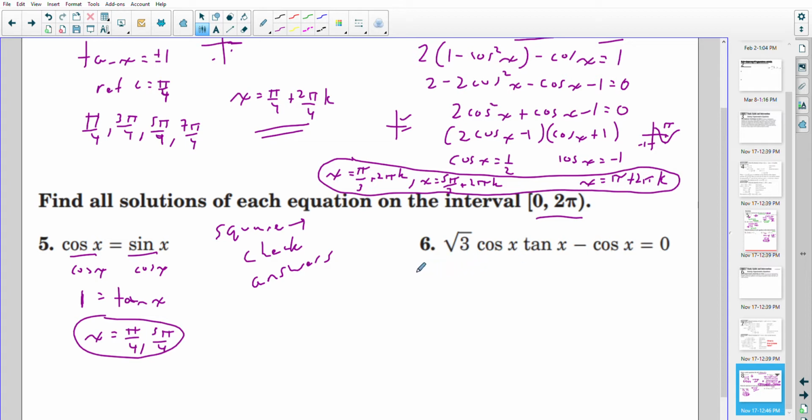Let's factor out a cosine x here. Radical 3 tangent x